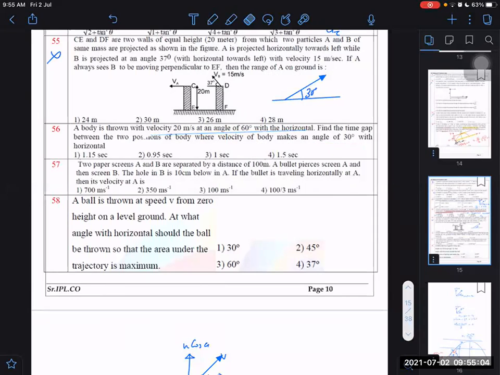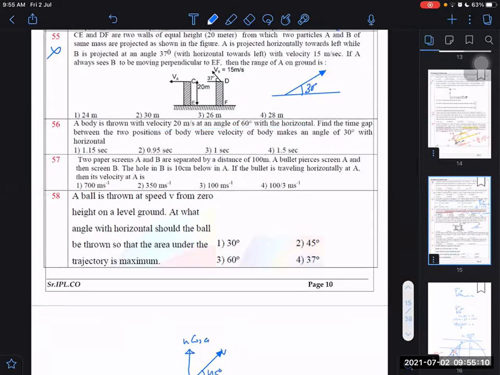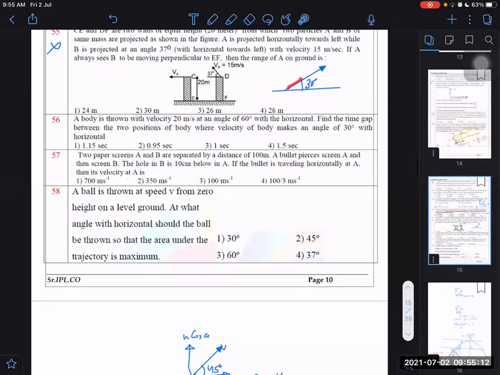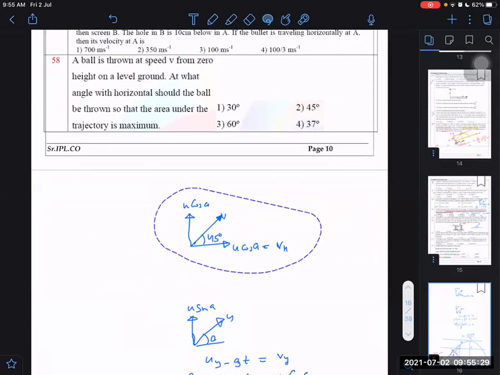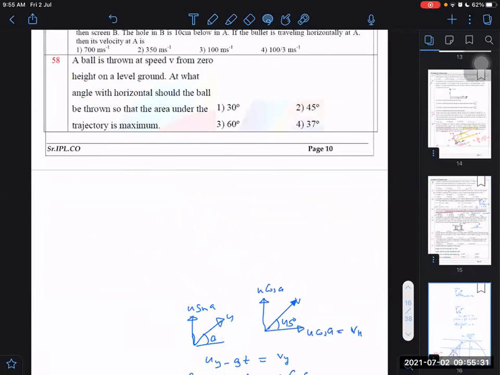We can find out. This is velocity v: v cos 30 is equal to u cos 60, 20 cos 60 is equal to v cos 30, right? No, they're not asking that. I understood what the question is. The question is about